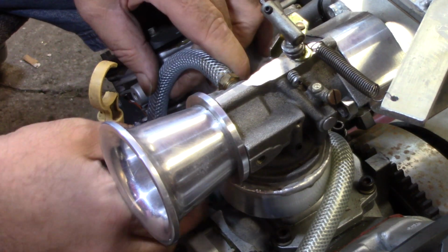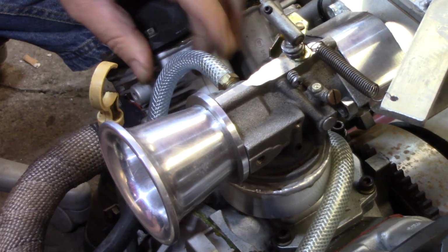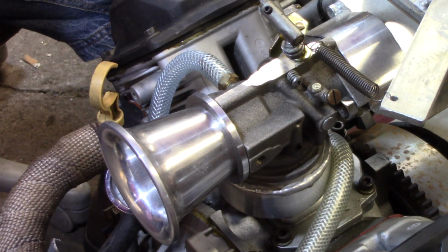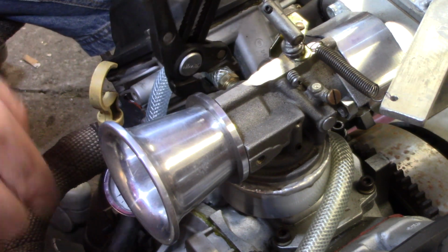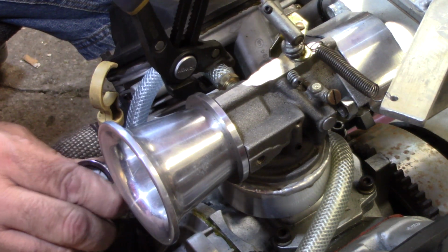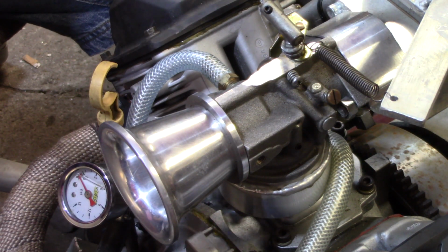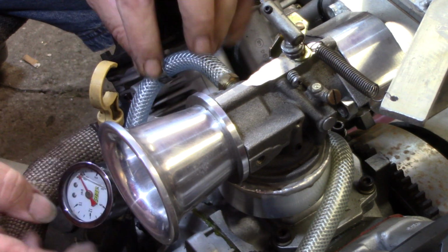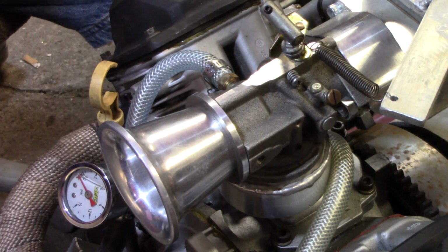There's that. Make sure I can read my fuel pressure gauge here. So I need to rotate that hose just a little bit on there. Yep, there we go. That'll work right there. I can read it. And I will take a zip tie and zip tie it on there so it's kind of steady. Still hard to read, but